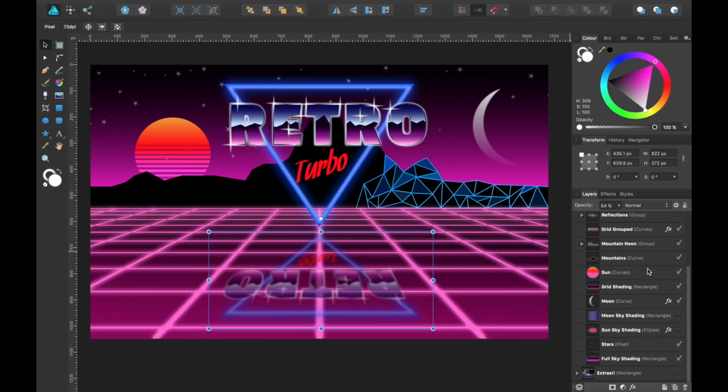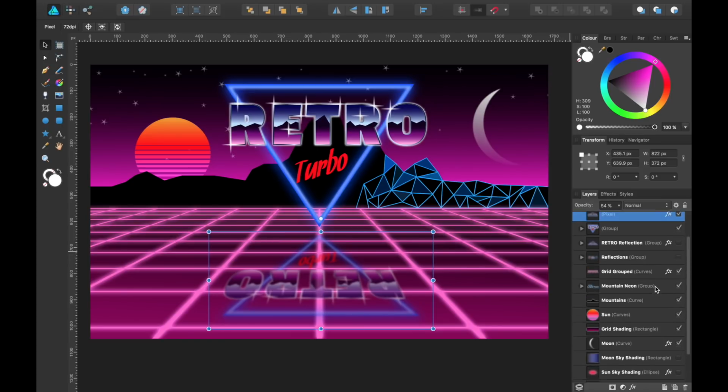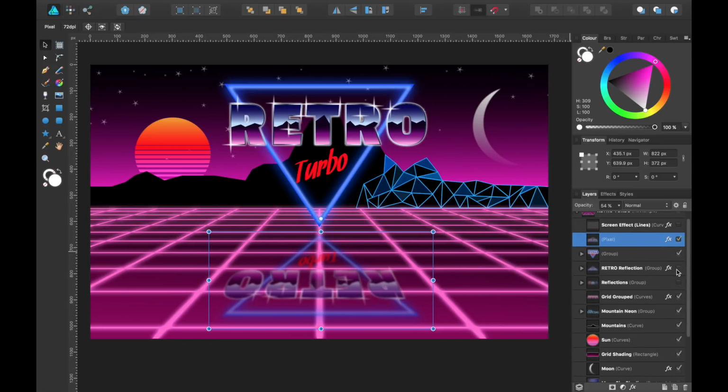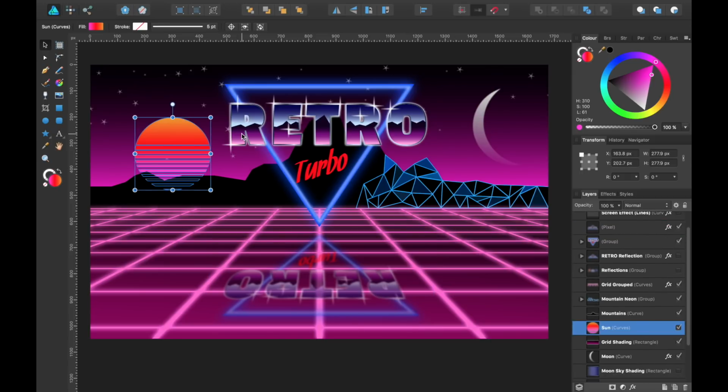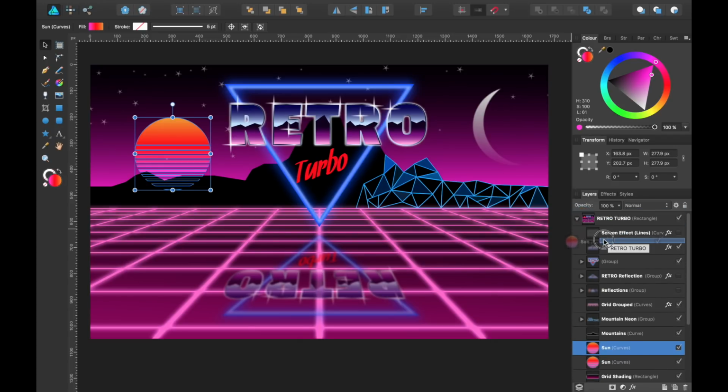So if I head to the sun, I'll just press Command C and Command V. That has created another copy of it, and let me just drag it up to the top so I know it's going to end up above the grid.